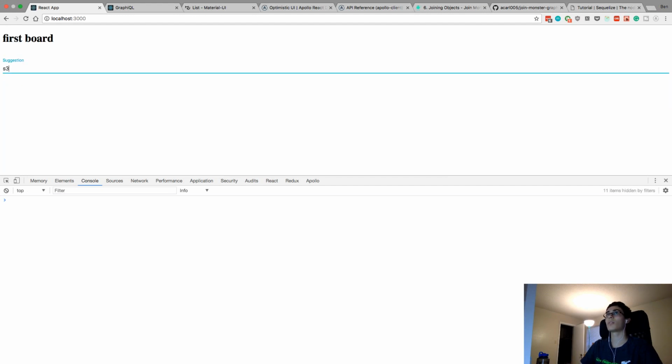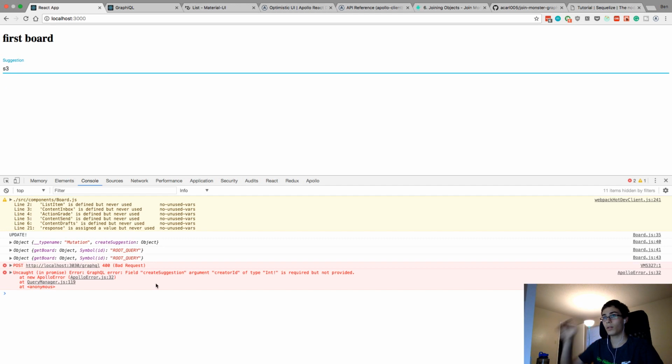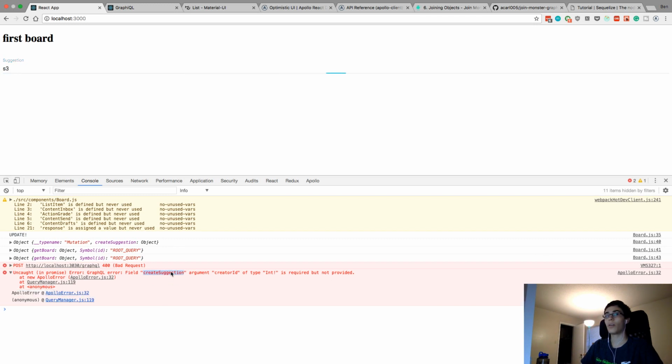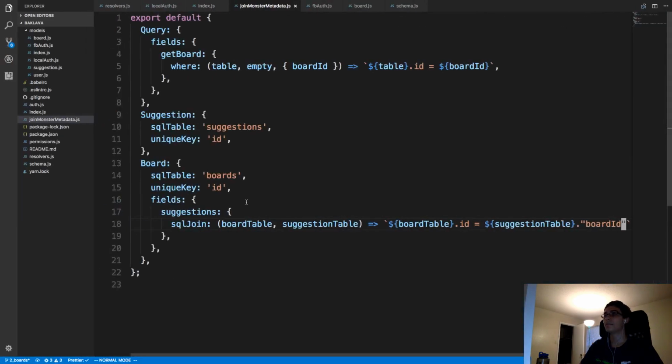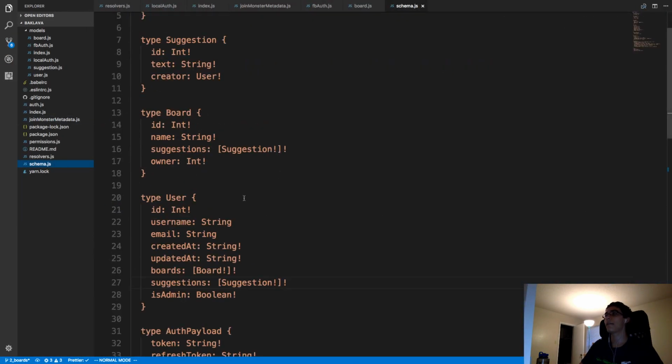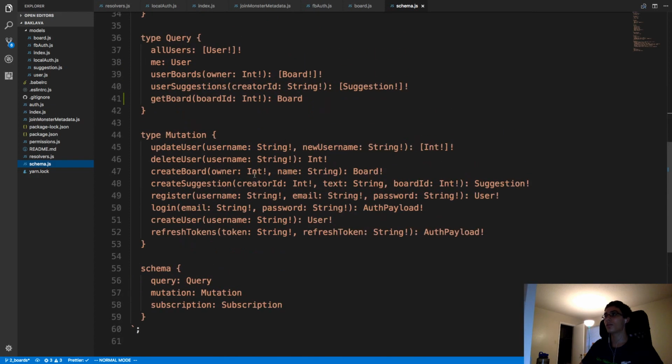Do S3. Last thing that broke, GraphQL field create suggestion argument creator ID of type int is required but not provided. Oh, I forgot to fix that in the backend. So in our schema here, when we do create board, create suggestion, we should not have to pass in the creator ID, board ID. We should just know what that is